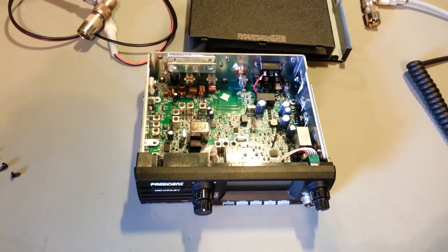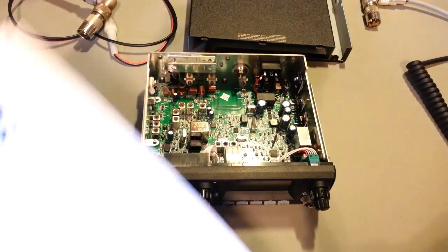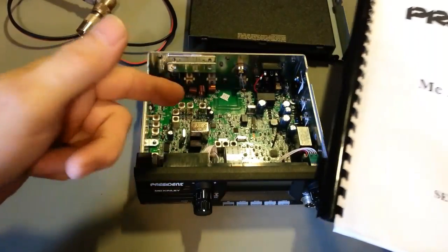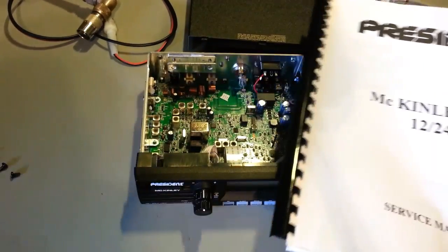I got up the next morning and looked at my emails. You know what my reply was? Bam. They emailed me a PDF copy of the factory service manual. That, right there. Even if this was a piece of junk, I'd probably recommend this thing over other radios because